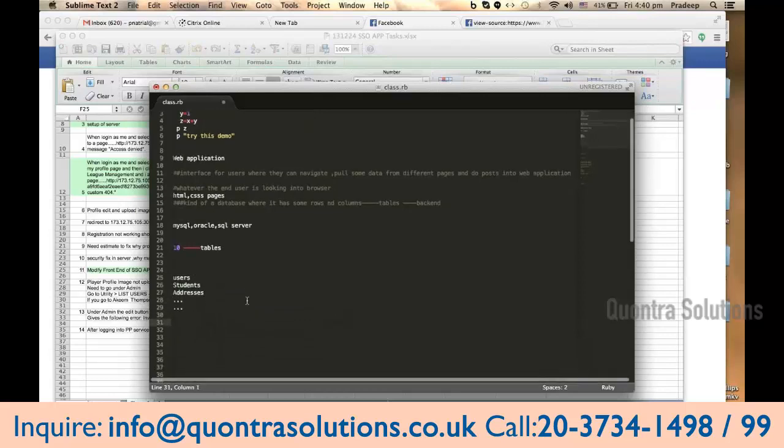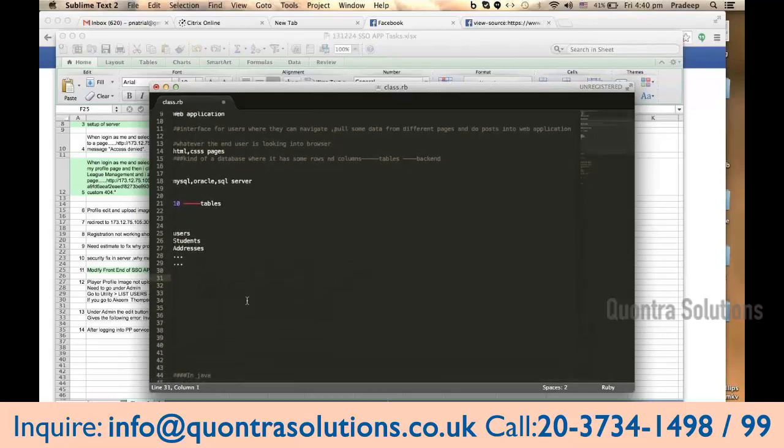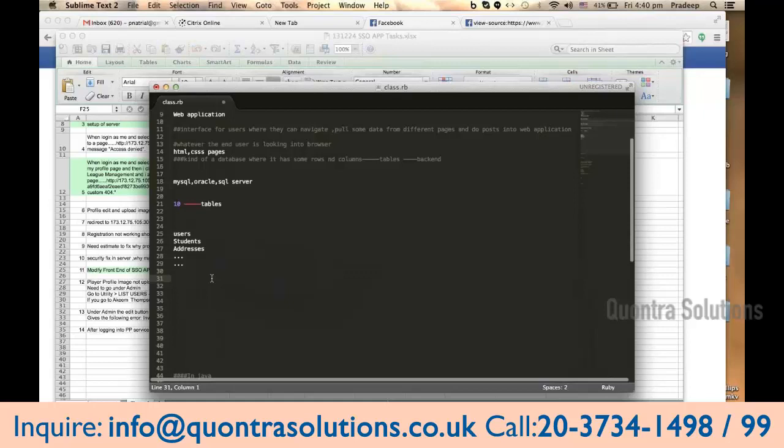So these 10 tables should interact with our Rails application. In order to interact with the Rails application, there are bridges which are called models.